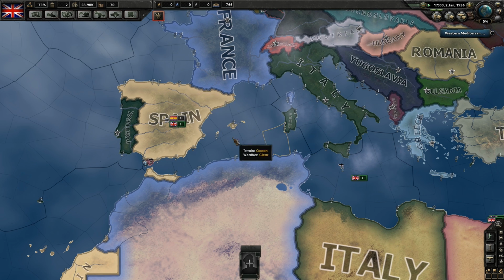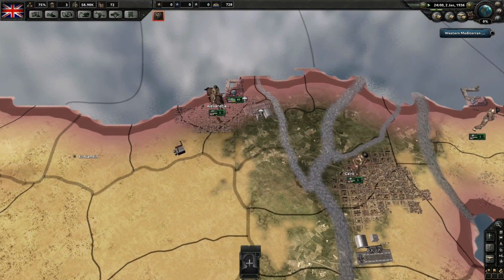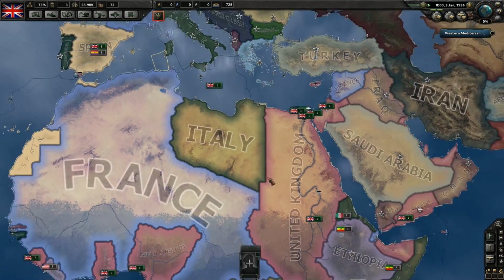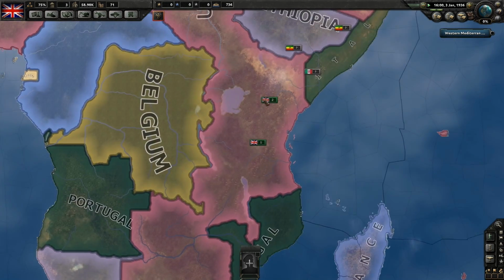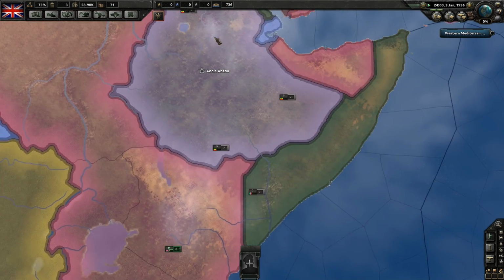I might actually, at some point, try to send some troops. We have our guys in Cairo here. We even have a decent fleet here also. Britain has a lot of little colonies all over. Like, especially along here. You know, I may actually...